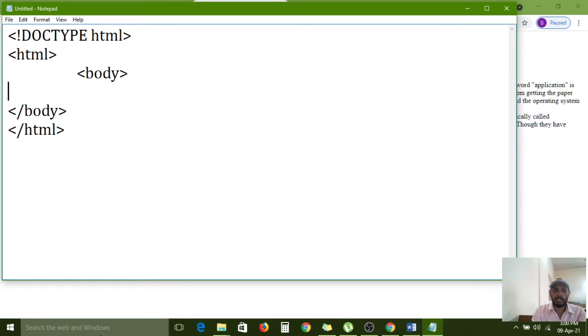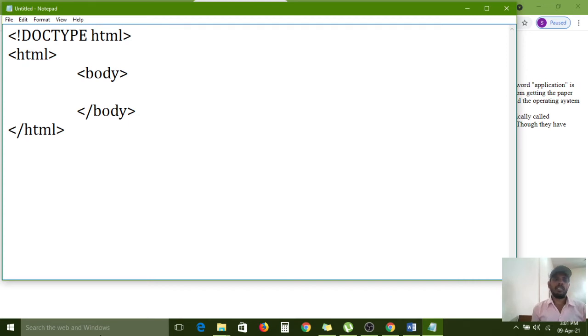but while executing you need to apply the body tag also, then only you can get an awareness on this. Otherwise you forget that concept. Head and body tags are two sections you compulsorily need to use, but I already know about this, so that's why the head tag is not required here. Head tag is used only for applying the title tag. If you want to apply any web page title or any CSS styles, the head tag is a must and should be required. Without the head tag you can't assign all those things.